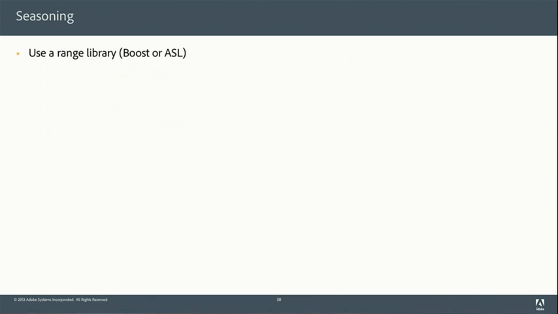So, now a little seasoning. Use a range library. Bjarne showed lots of examples of this. It's very trivial to kind of wrap an existing algorithm so you don't have to always say begin and end, which is pretty tedious. Boost has a nice range library in it. ASL, which is the Adobe Source Libraries, also has a range library. So that lets you, instead of saying find begin to end of x, it just becomes find x in A.